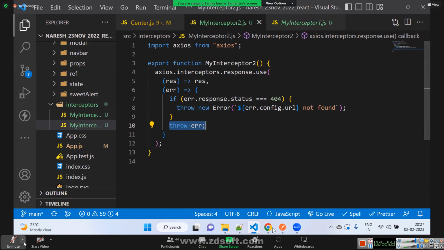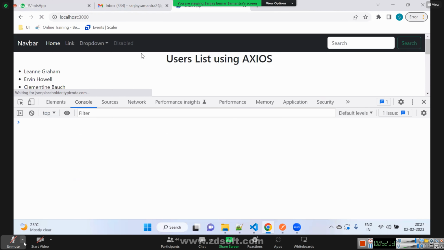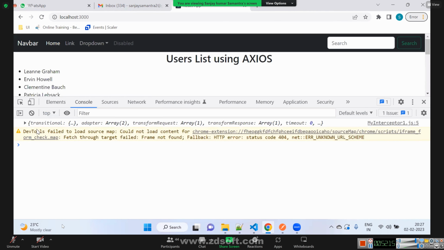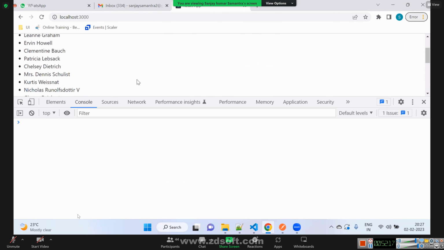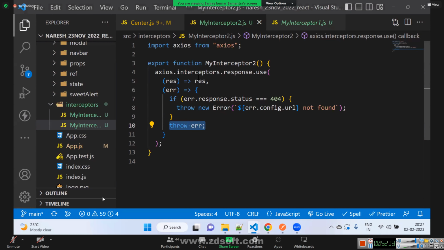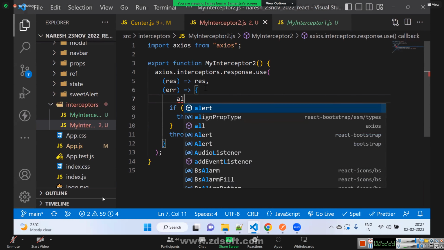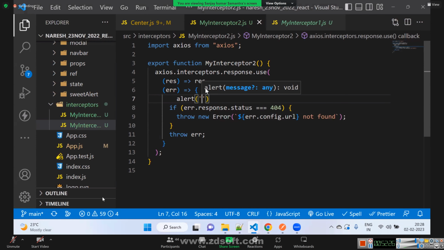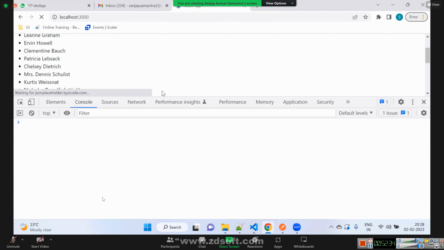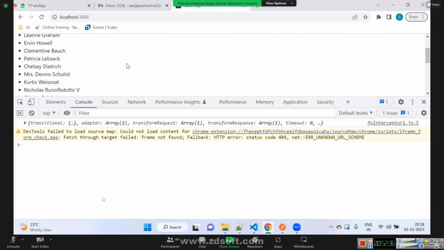Now this API is getting succeeded, so there will be no problem, and that interceptor is not getting called. We can say alert, error interceptor called. It will never be called because this API is a success.